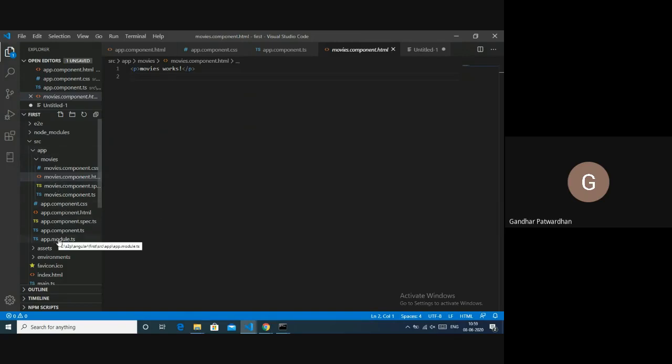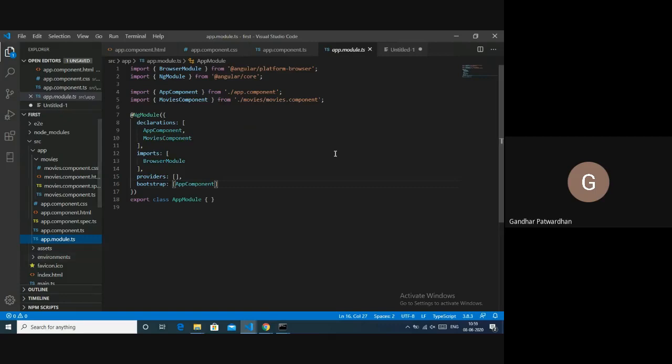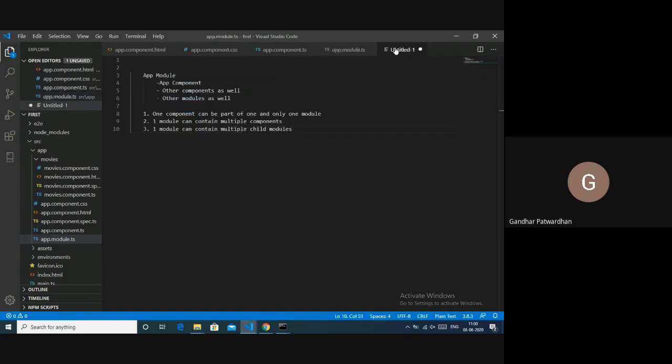One important thing to note is, let us open app.module.ts. Now, as you can see in your app.module.ts, we imported that component. Angular did it for us. And we have used this MoviesComponent inside the declarations array. It is very important to note this, that whenever a component is created, for that component to be usable, it has to be part of one or the other module.